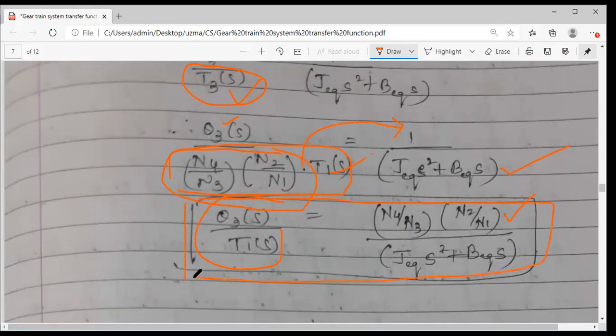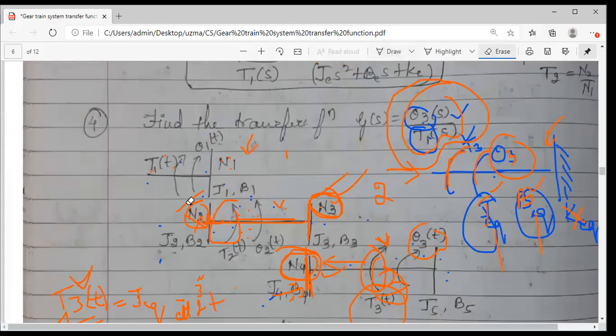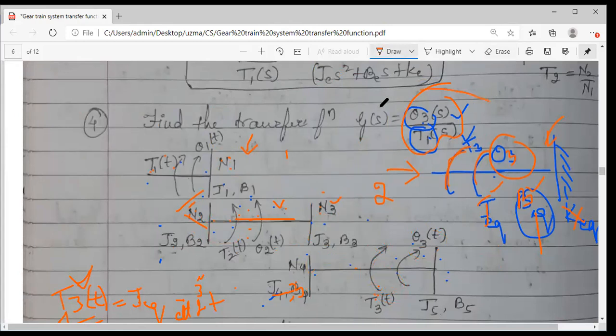Now coming to one more important thing. Finding the transfer function is over. What we have done, starting from the given system which has 5 gears in it, is draw the equivalent mechanical network without gears. I have just taken the notation of J equivalent and B equivalent. So what are these equivalent values? We should mention that also. That is important. So let me take that.